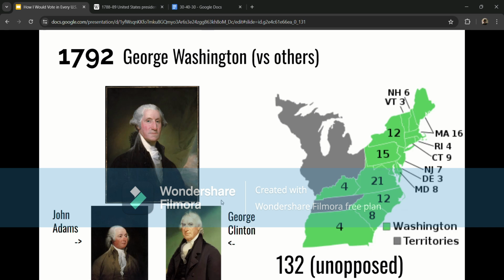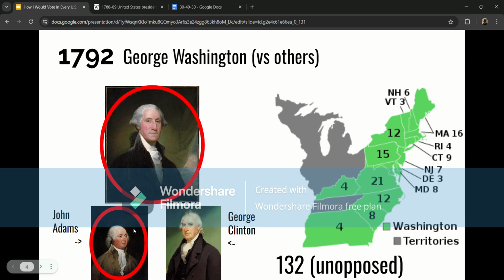So moving on to 1792, and 1792 was pretty much the exact same as 1788-89. George Washington's running unopposed again, so of course I'm voting for him. Now, when it comes to the running mate position, I would choose John Adams once again. But this is also the time when